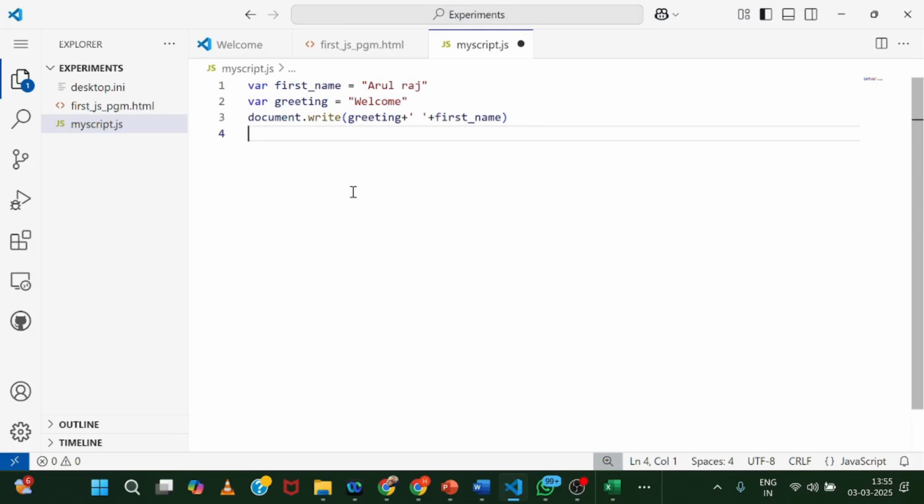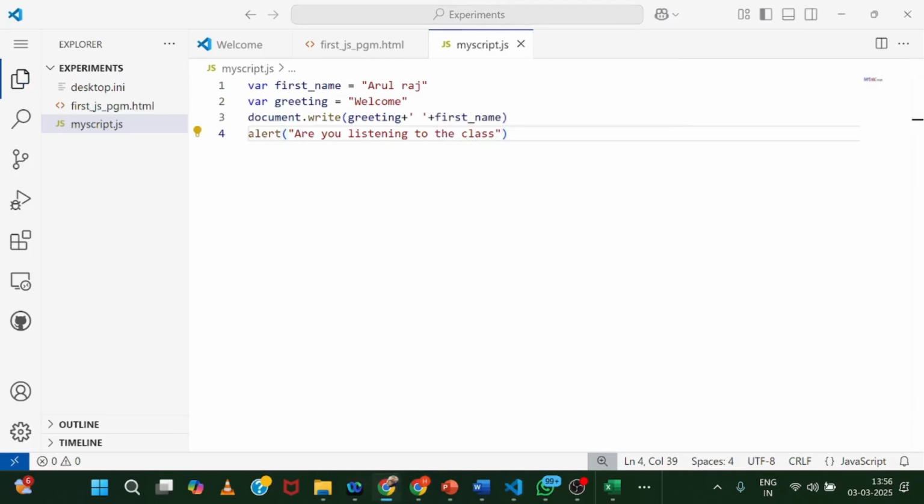So now I'm going to teach you a very important concept. The next one is about the alert in JavaScript. Alert is something that you can see when a page is getting loaded. You want a separate pop-up box to pop up and ask you something. Okay. So now when I say alert, I'll give some message. Okay, for example, are you listening to the class? Okay, you can save this,